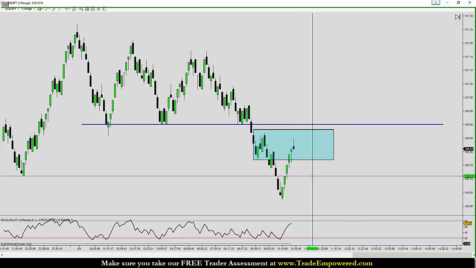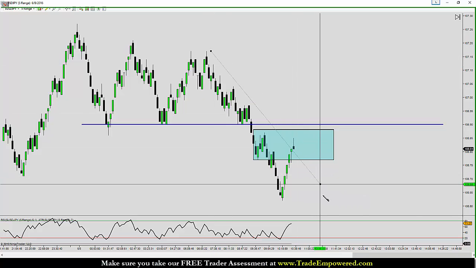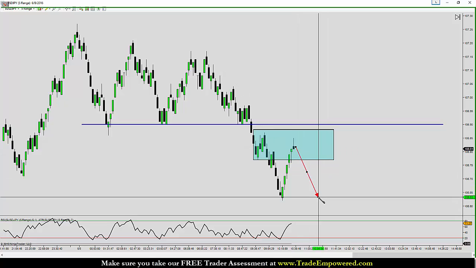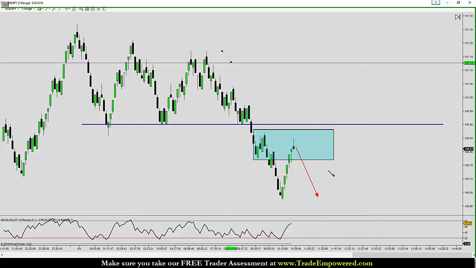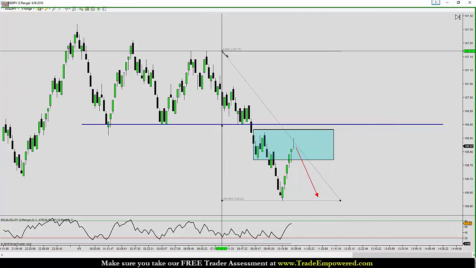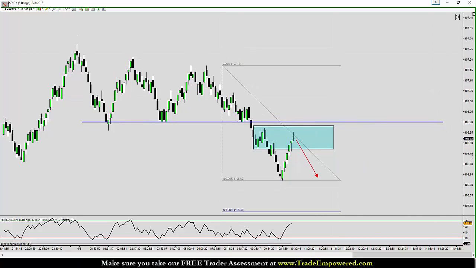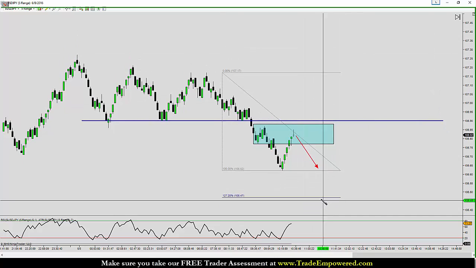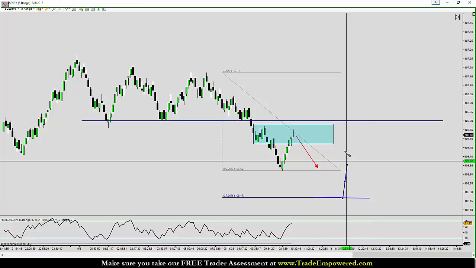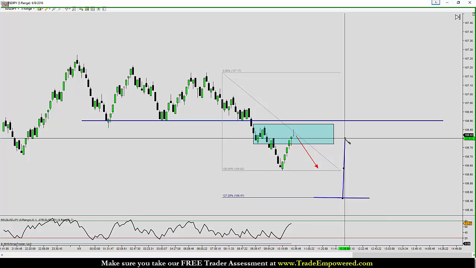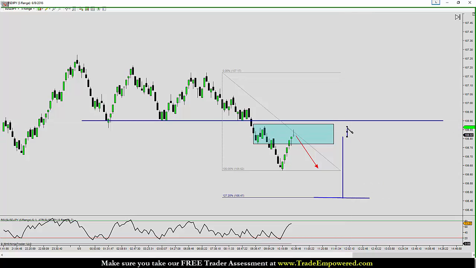I'll say this, the difference between trend following traders and trend continuation traders: we're going to look for targets at a retest of structure right down here. Trend following traders, you're going to look for an extension, say something like the 127 extension. If you're a trend following trader, this is not a bad opportunity because you're looking for a move down to your 127 extension. If you can get involved anywhere in this area, you're looking at a reward of about that. You're looking at a risk of about 87,